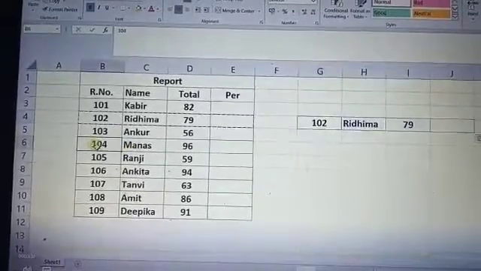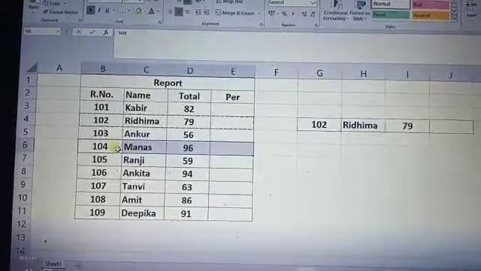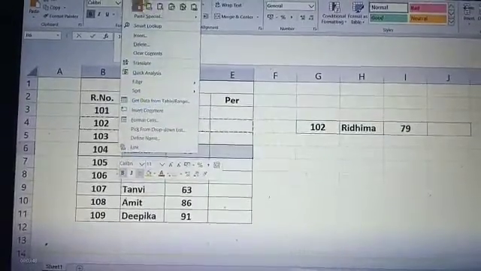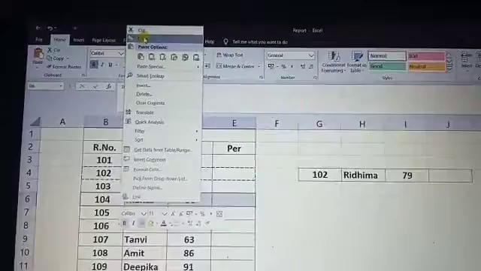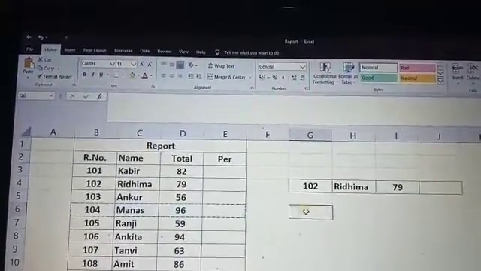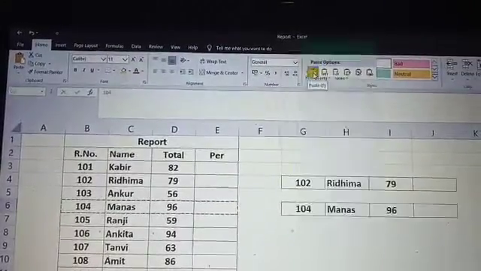Again we select 104 and right click. After right click you also find the copy option. This is the copy option. You can use either one, and after that we perform the paste operation.